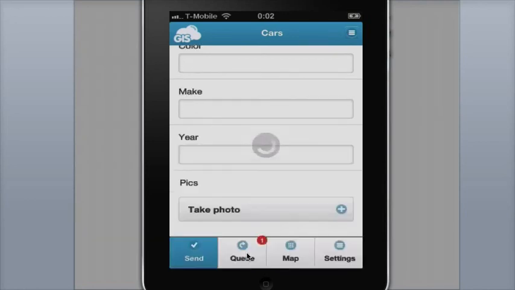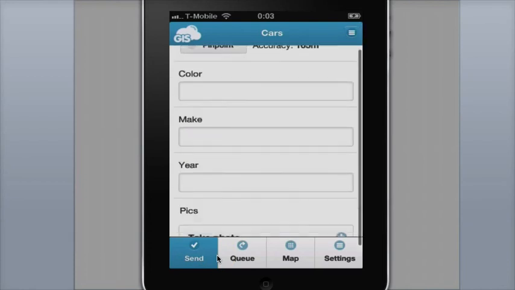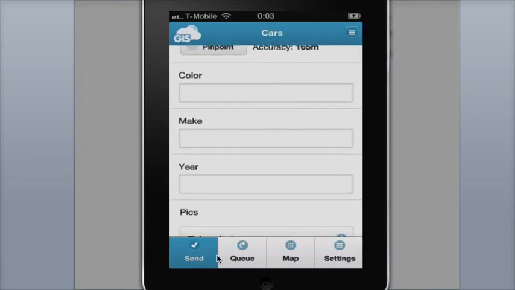Now in case you are not in a Wi-Fi network or you don't have a data connection, this will sit in the queue until the connection is available, and then it will send your data to the GIS Cloud. In a similar manner, as you can see, the form is empty again. If I go to map,